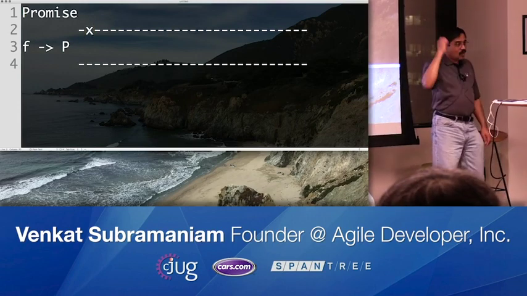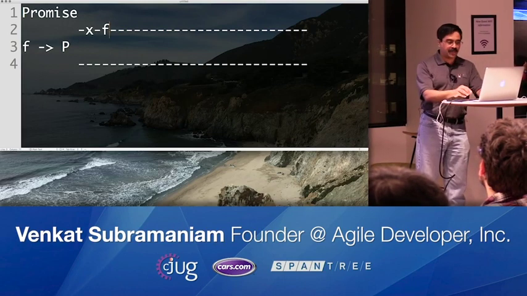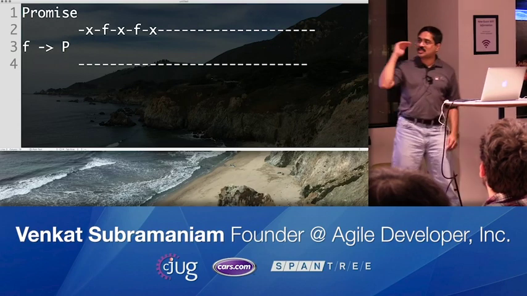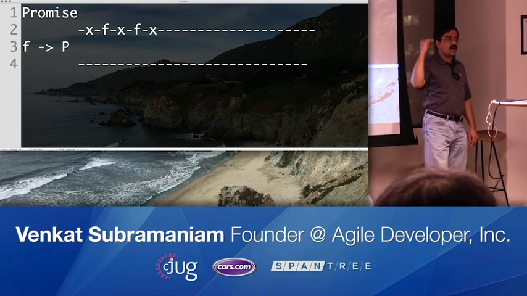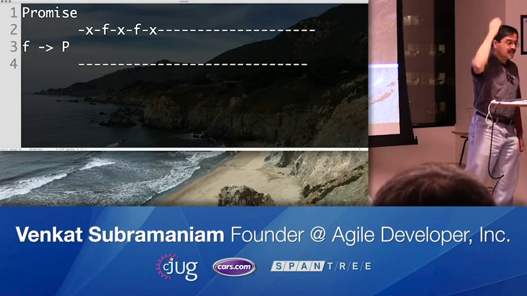But if this promise resolves with the data X, you go on the right track, or the top track. With that you can call another function that returns a promise to you, and that resolves, you go to the next data, and you call another function that resolves again, and this is the happy path. You're just going along this right track, calling from a function to a promise that resolves to a promise that resolves.